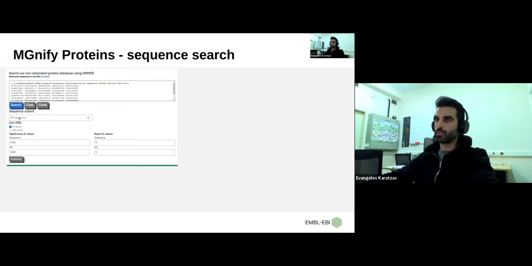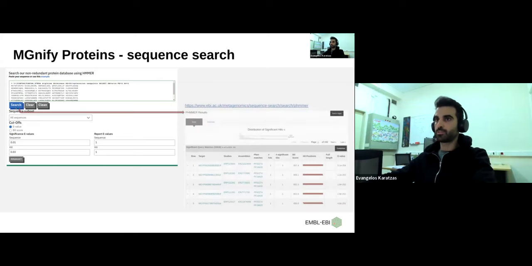There are various thresholds that the user can select here. And after the sequence has been pasted, you press the search button, and then you're transferred to the PIHmer site